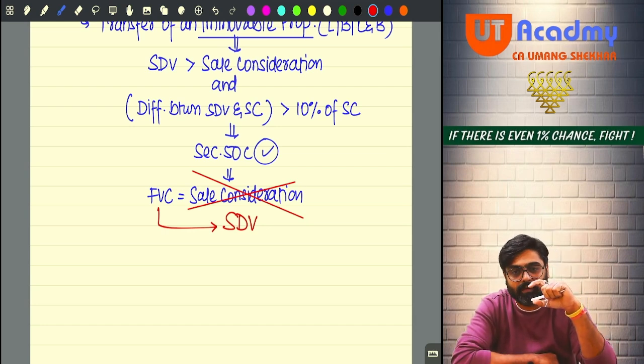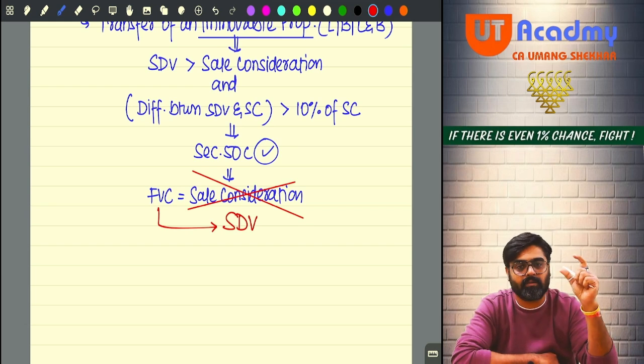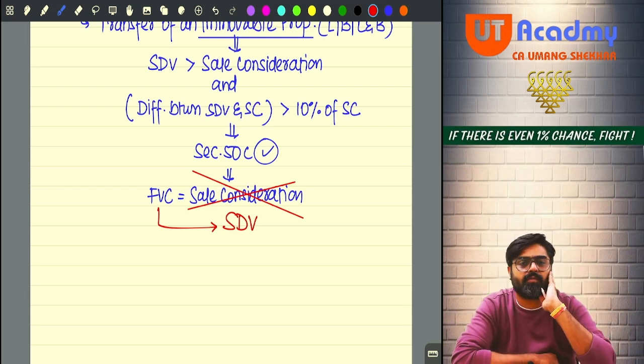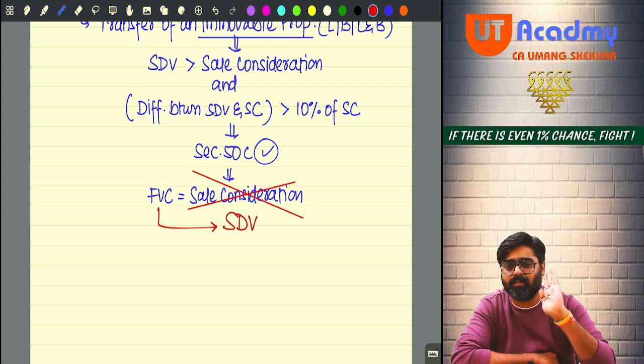Whenever transactions for buying and selling of immovable property take place now, in the majority of the transactions the seller will take the sale consideration in the form of cash, and a very small portion of the sale consideration he will take by cheque, through bank transfers and all. And the reason is very simple.